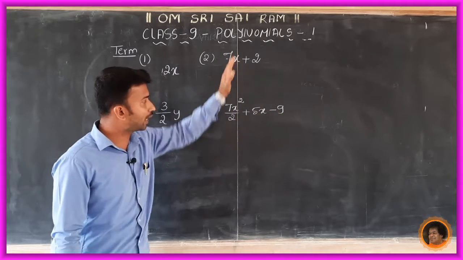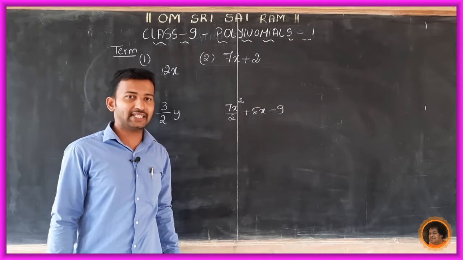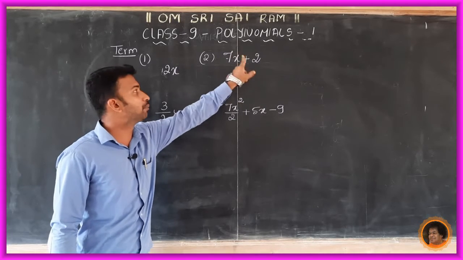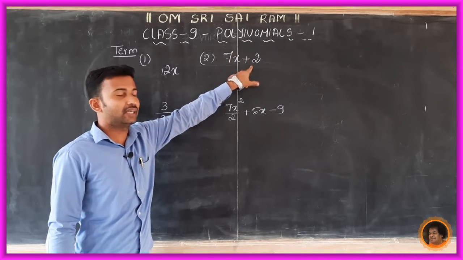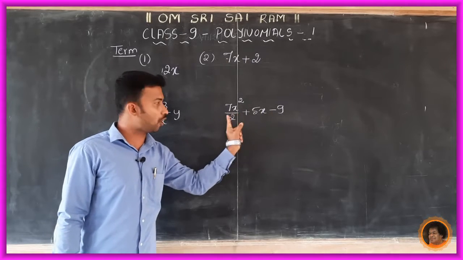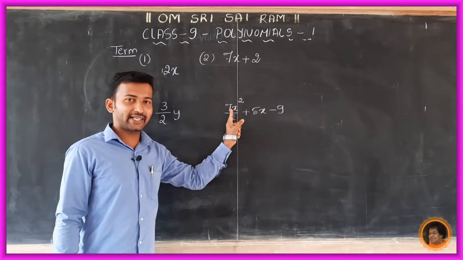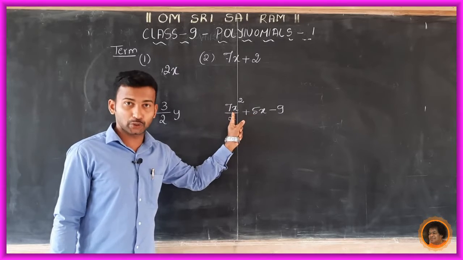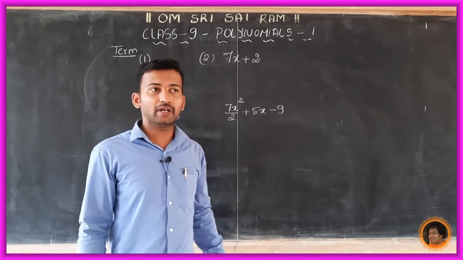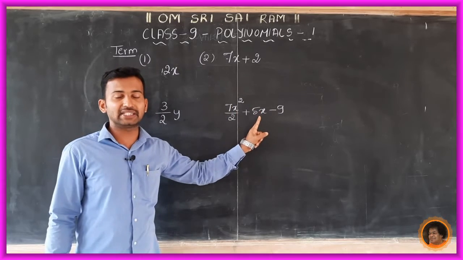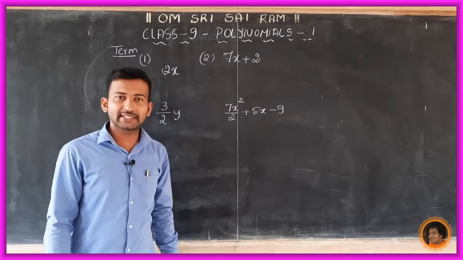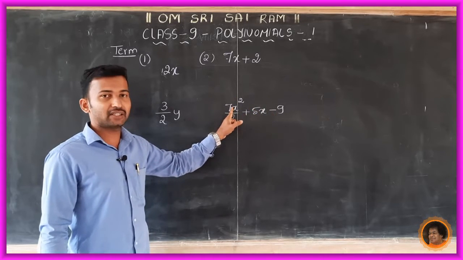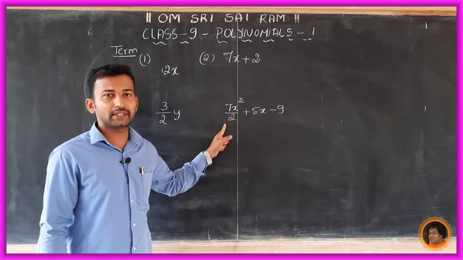By considering these two examples, we can say the combination of constants and variables connected by algebraic operations like addition, subtraction, multiplication and division is called